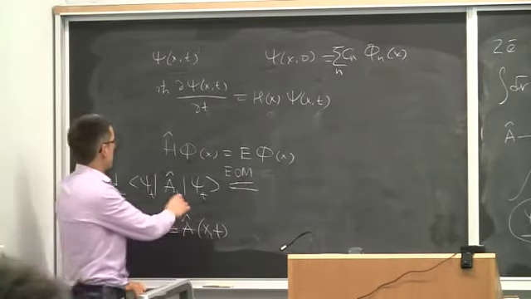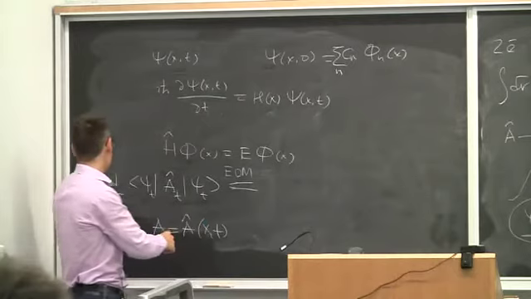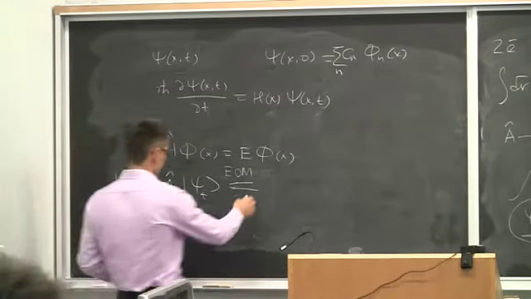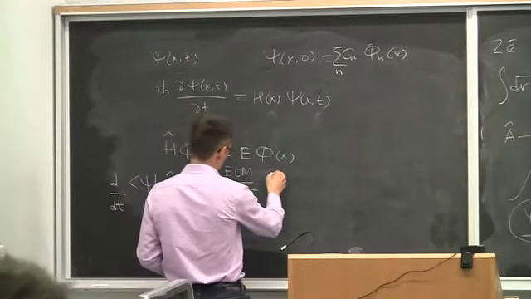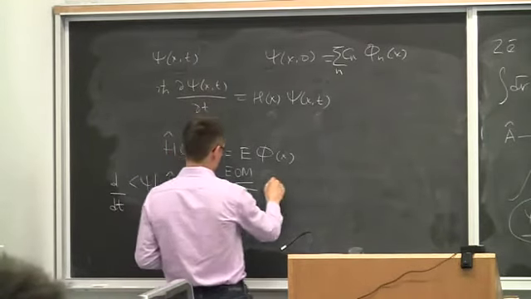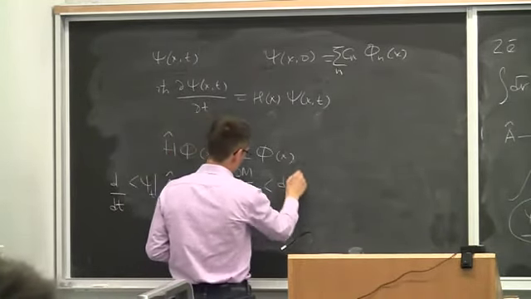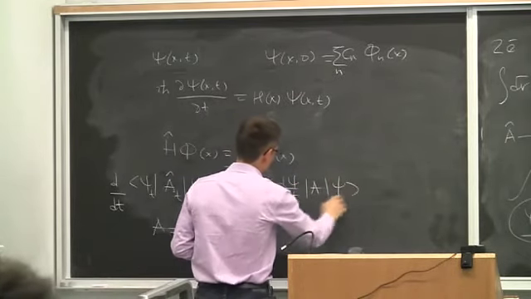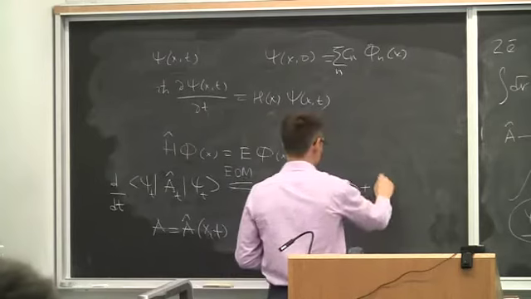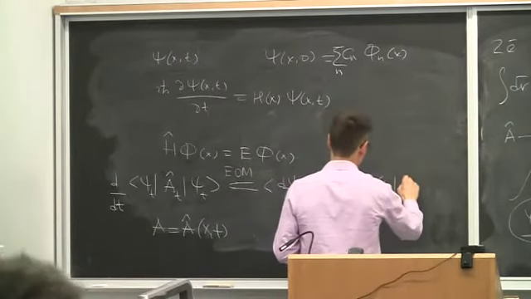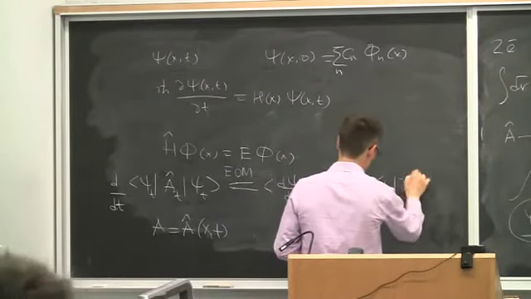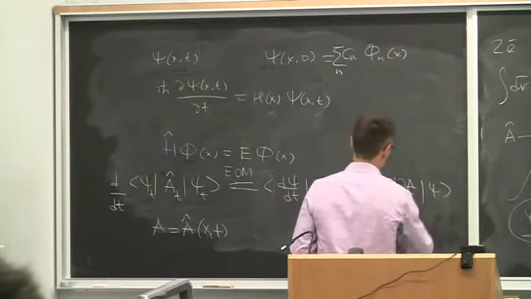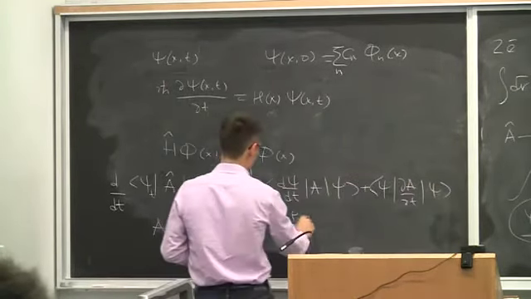Now, if we just apply d over dt to this integral, then we will have three terms. First will be d psi over dt, A psi. Then we'll have psi, and then dA over dt, psi, and then